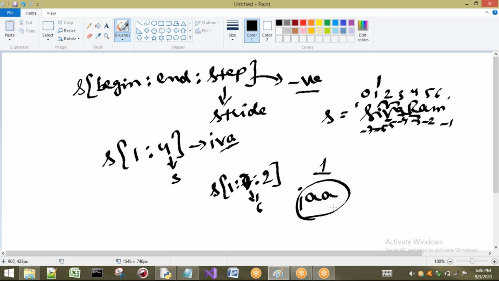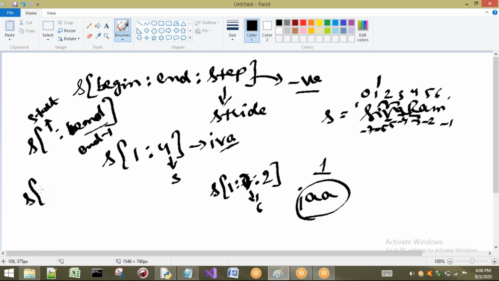Right. So we have also discussed that we can take it without a value. Let us consider this as end. Now from the starting character, the characters are going to be considered until end. End is nothing but it will consider up to only n minus 1. The characters are considered from start to n minus 1.